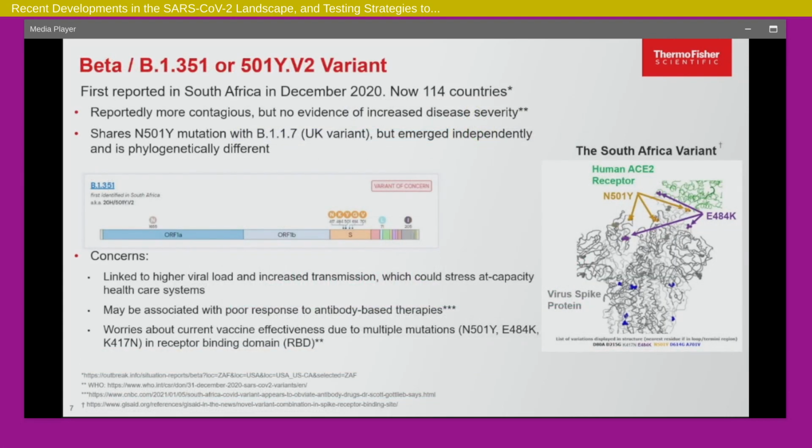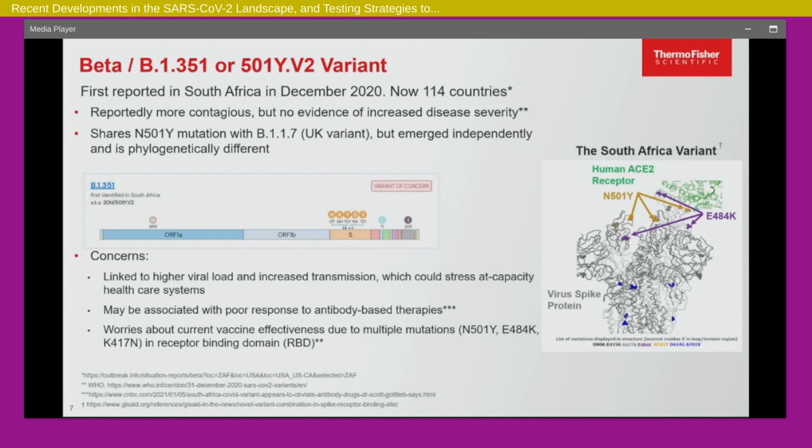Similarly, across the rest of the world, we were seeing reports coming out of South Africa where they saw another variant. This was called the 1351 variant, and it's now called the beta variant. This one had a different set of mutations. One of the mutations was, in addition to N501Y, which allows it to bind to the receptor binding domain and then allows it entry. But it had some other key mutations, and those are the ones that we need to worry about: the E484K mutation and the K417N mutation.